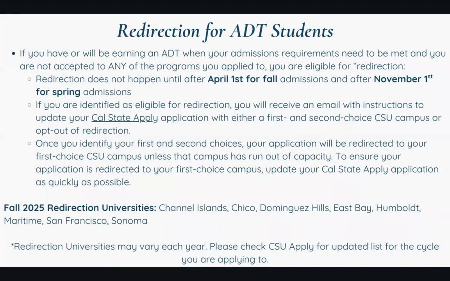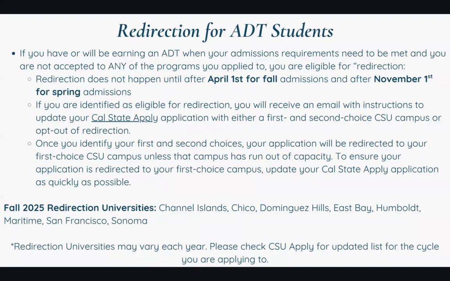If you have or will be earning an associate's degree for transfer, when your admissions requirements need to be met and you are not accepted to any of the programs you applied to, you are eligible for redirection. Redirection does not happen until April 1st for fall admissions and after November 1st for spring admissions. If you are identified as eligible for redirection,